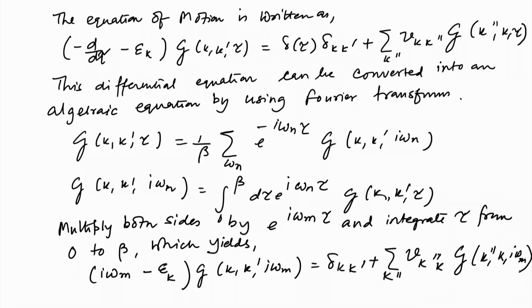So, that is what comes when you multiply it by exponential i omega m tau and integrate from 0 to beta, and then we have used